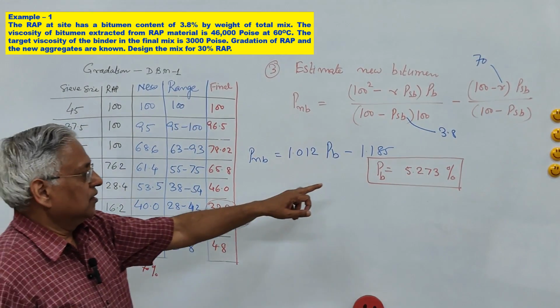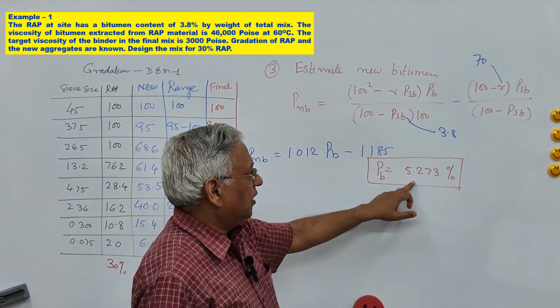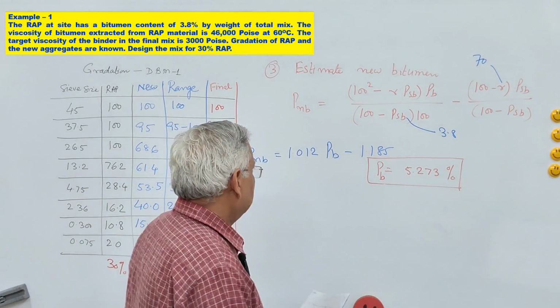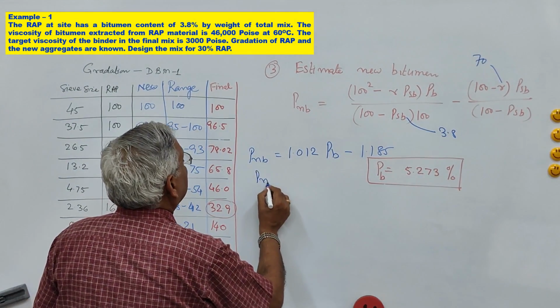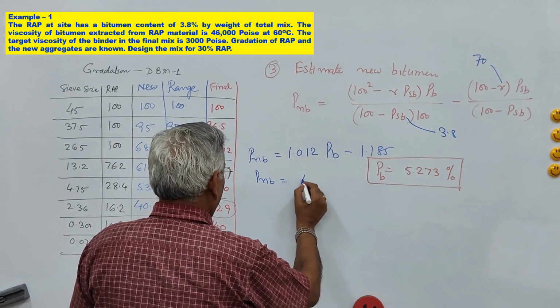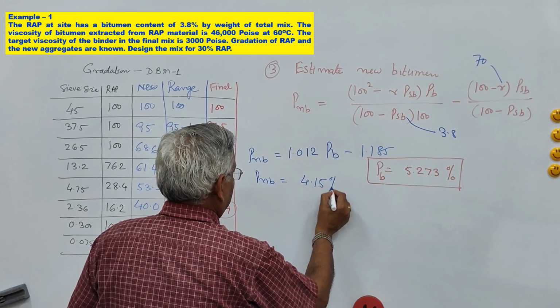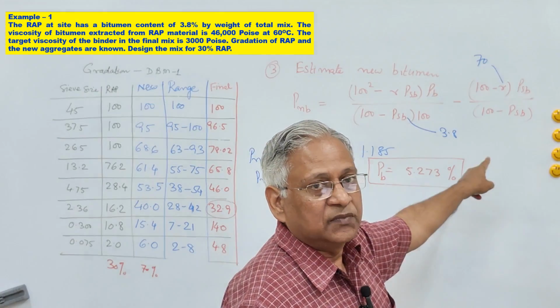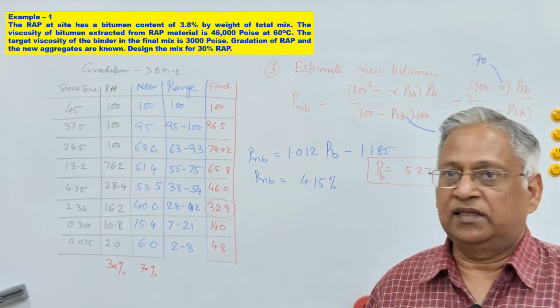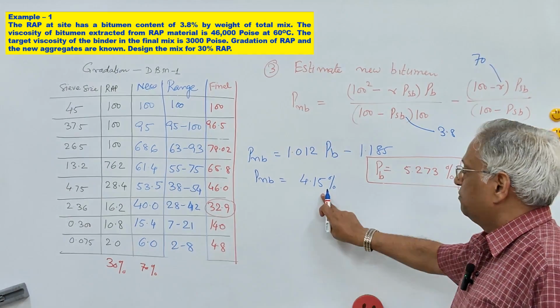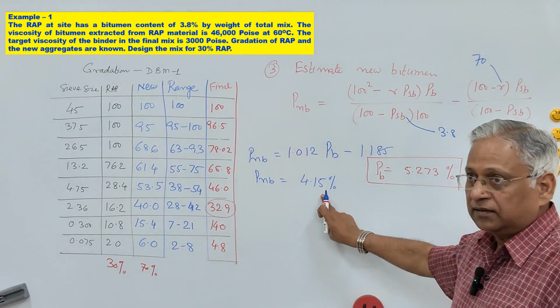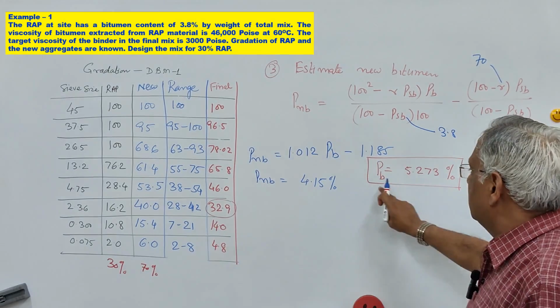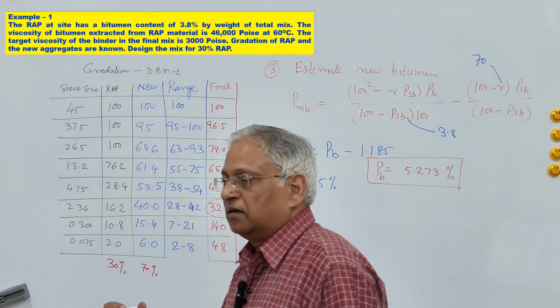So for a Pb equal to 5.273, the requirement of new binder will be 4.15%, because 3.8% is already available in the wrap material. So when you use 30% wrap material and 4.15% new binder, then the total binder in the recycled mix will be